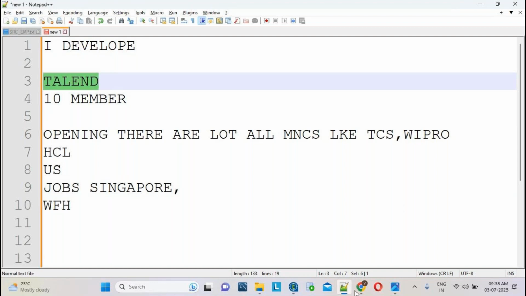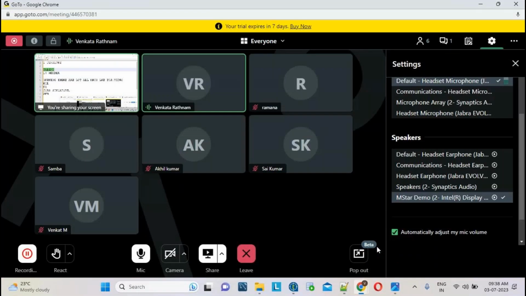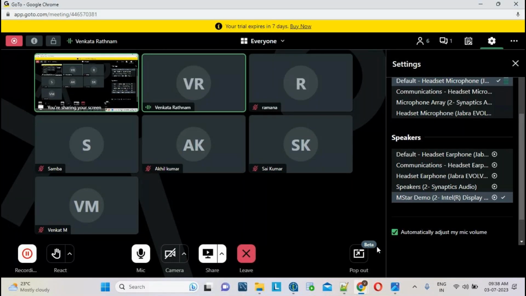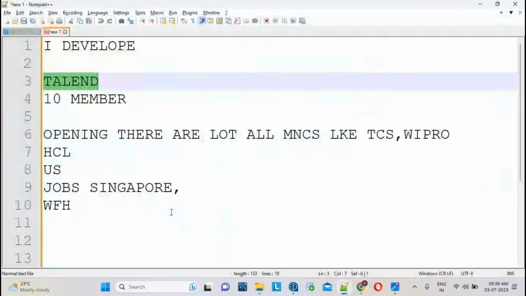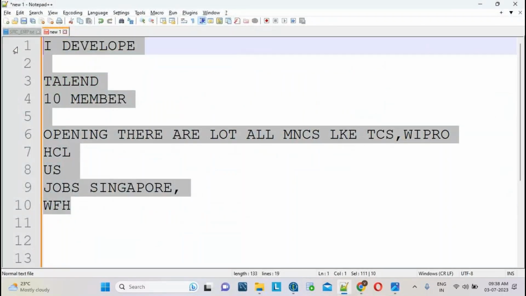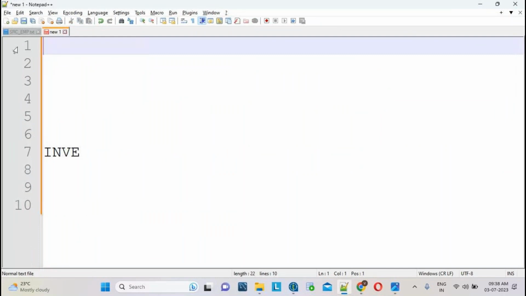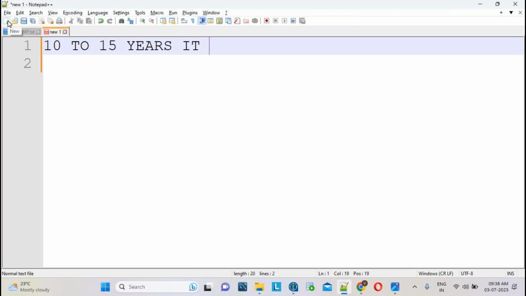Any questions? Why we need to learn Talend? Any idea? Any questions, online people? Offline? Compared with other technologies, you will get a job easily with a very good package. The future scope is also very good. It will be very good for another 10 to 15 years.